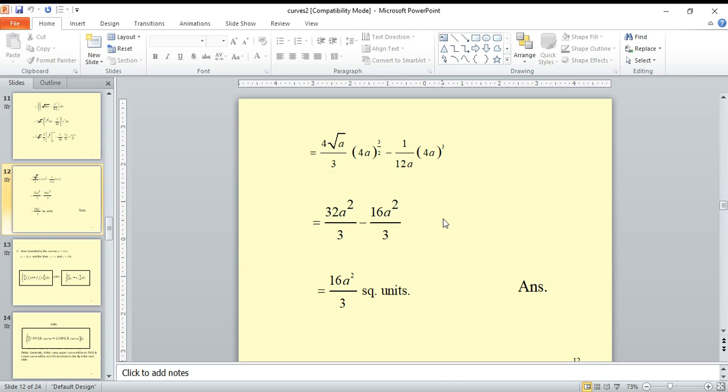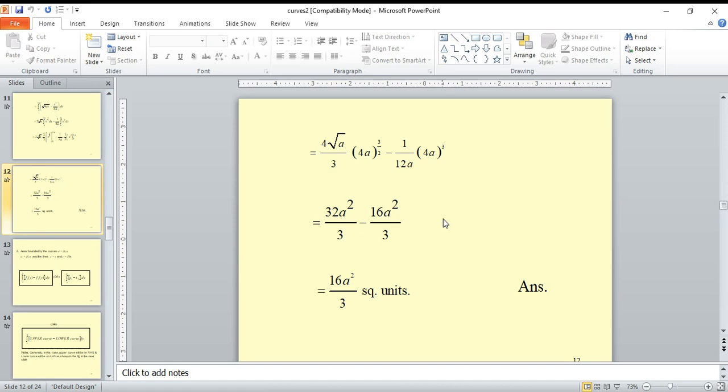So 4 power 3 by 2 is 2 square. 4 power 3 by 2, square root divided by 2 cancel, that is 4 power 3. 4 power 3 into... so 2 power 3 into 4. 2 power 3 is 8, 8 into 4 is 32. 32 by 3 into...